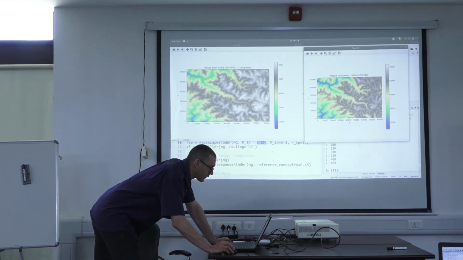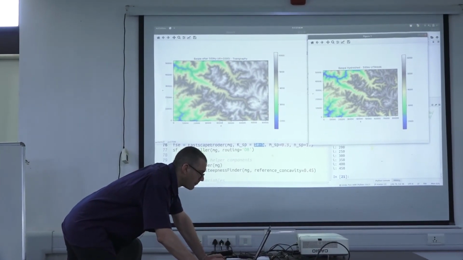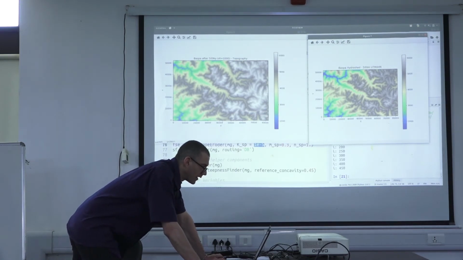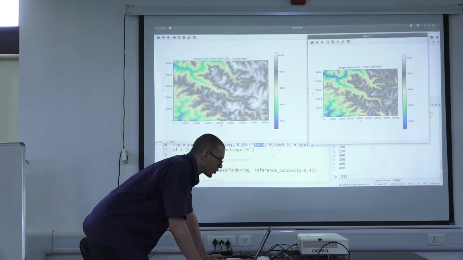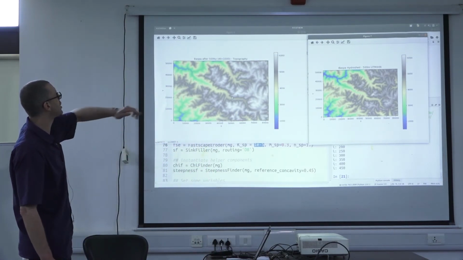We still see that we have fairly high peaks here, but overall speaking, we are doing a pretty good job in capturing the overall valley. Some of the valleys are being deeper incised. Things that you could do now, you would look at the longitudinal river profile and you would see